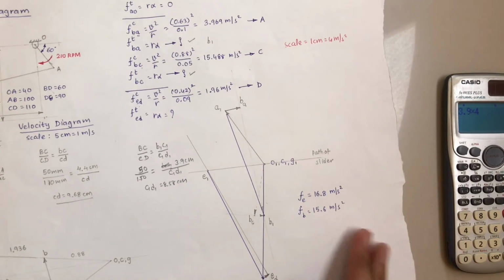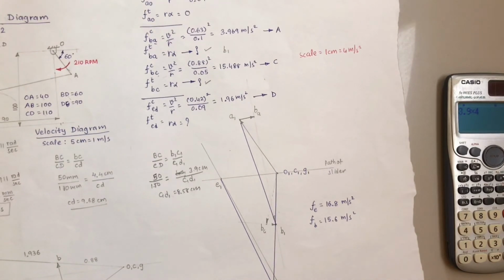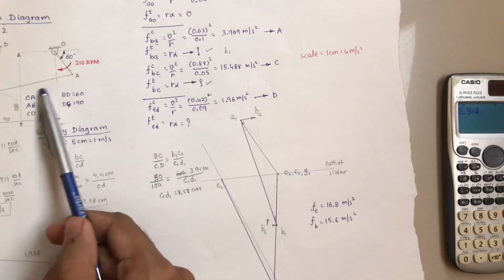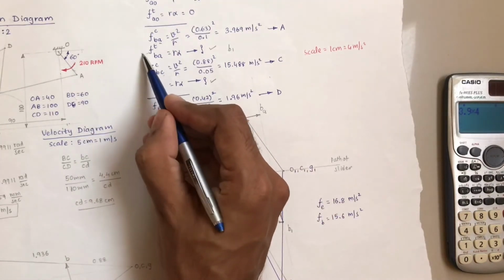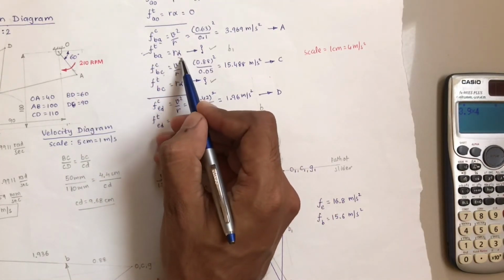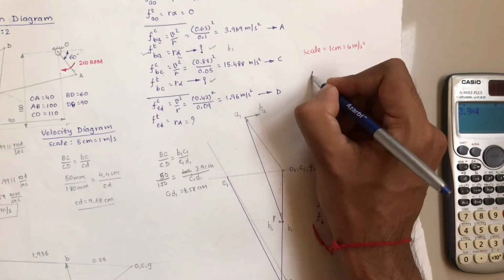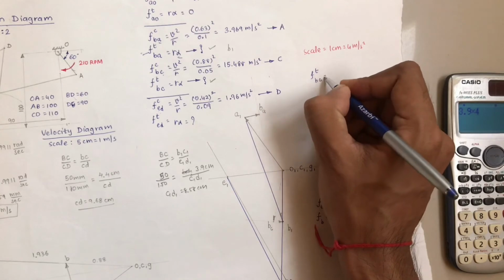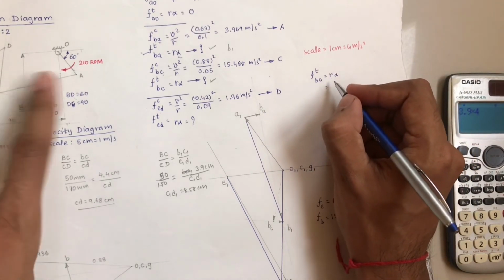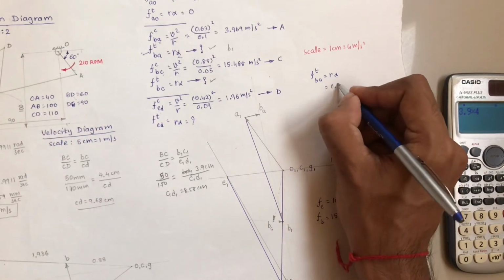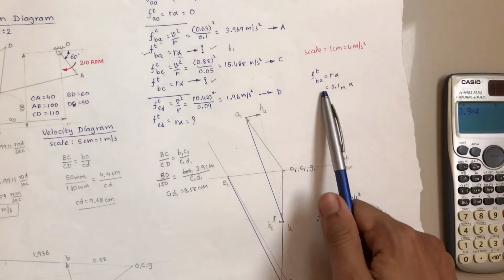In the same way we can measure angular acceleration also. So let's find the angular acceleration for the AB link. In calculation the AB link is over here. So alpha is available, meaning angular acceleration. Let's consider this formula. So tangential of BA equals R alpha. R represents the length of AB. The length of AB is given as 100, meaning 0.1 meter, and alpha is for the tangential component of BA.